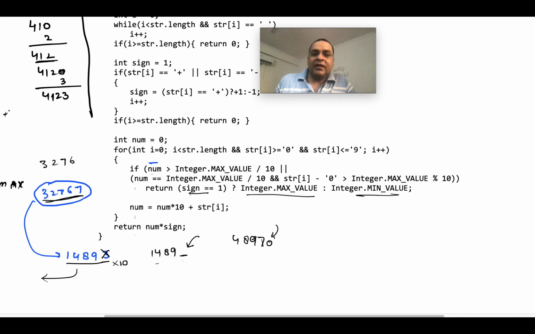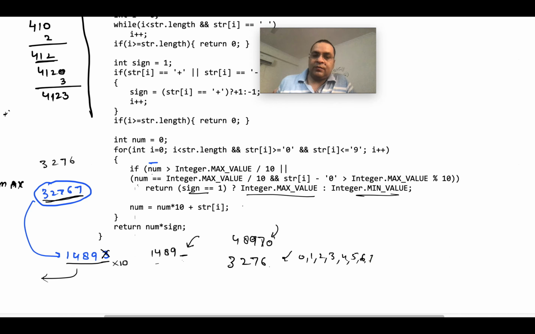Now there is one caveat. Let's say the number is equal to Integer.MAX_VALUE divided by 10, which means the number is 3276, and at the end we have a 0, 1, 2, 3, 4, 5, 6, or maybe 7.